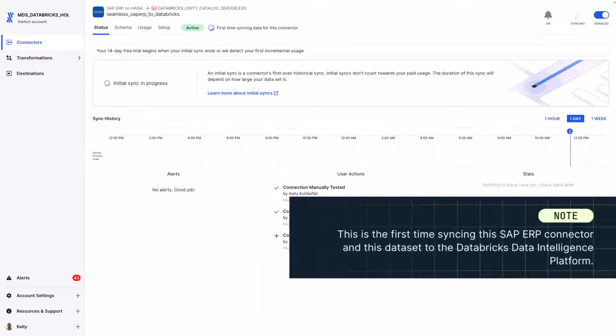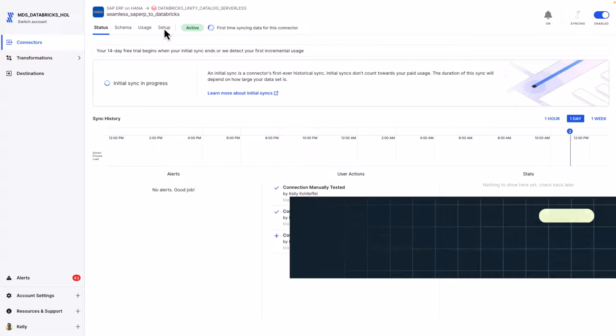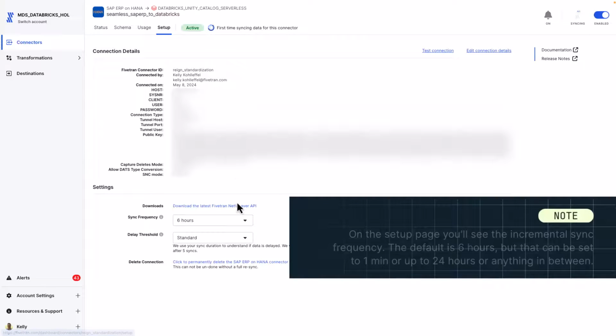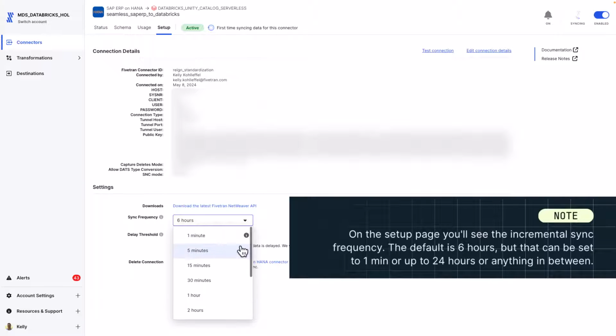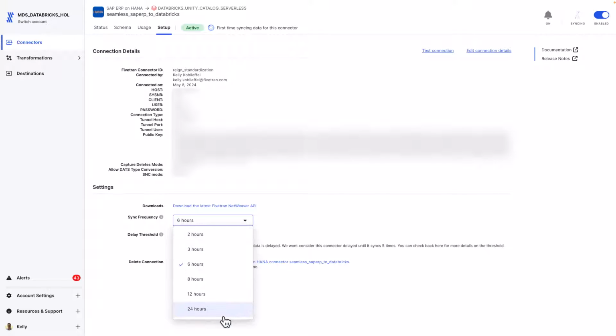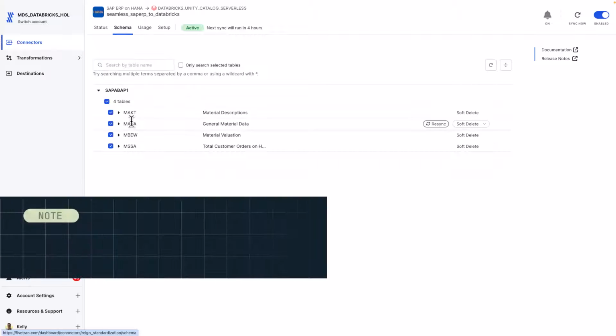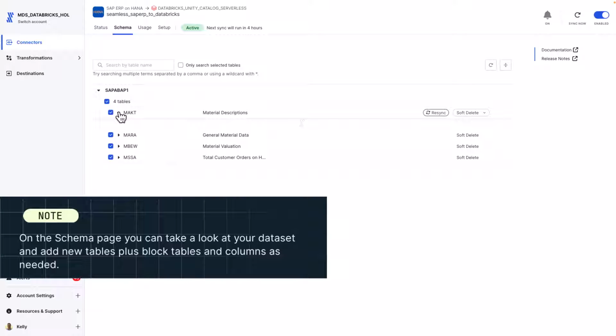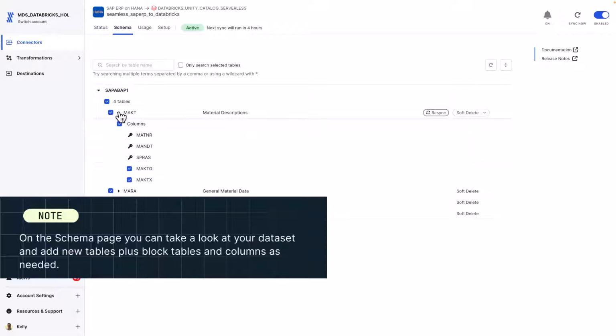That's the catalog where all of our data for this destination will land. On the setup page, you can set the sync frequency for this SAP connector from anything from 1 minute to 24 hours or anything in between that you may need. Pretty handy. On the schema page, I can check out my current data set, but importantly, I can add more